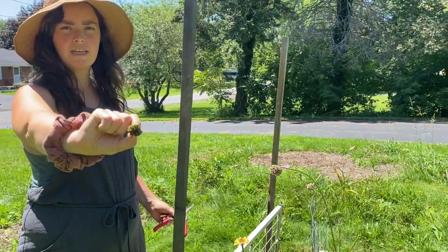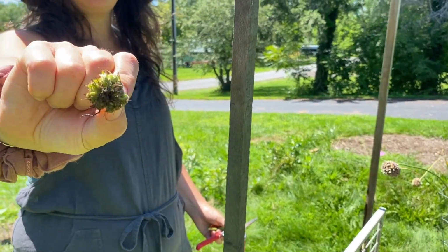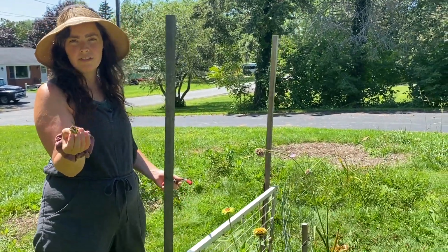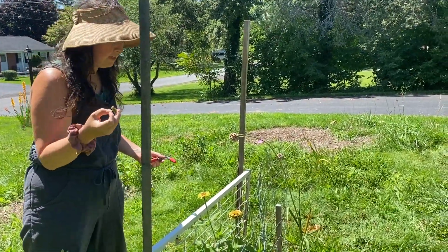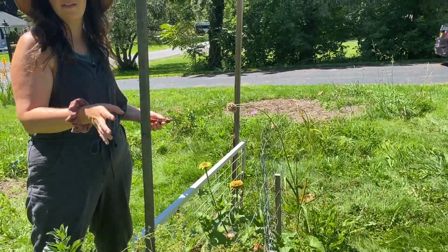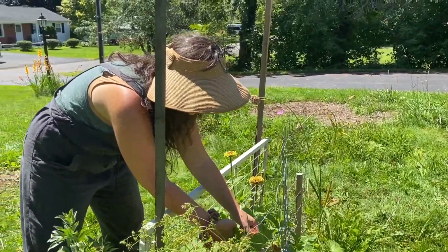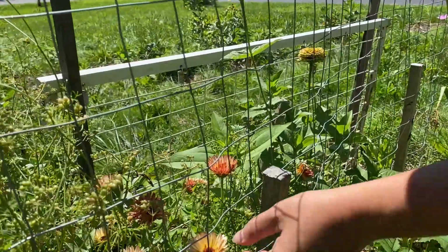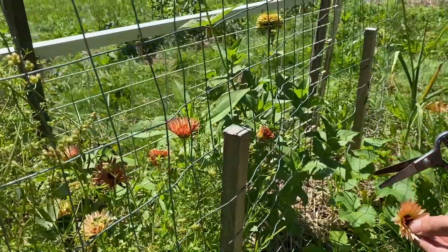And this is only because I haven't cut in a little while. I just cut those off and threw them on the ground. If they grow seeds, they grow seeds. I don't think the seeds are developed enough, but I could be wrong. But I just kind of threw them on the ground so that the plant keeps producing all of the wonderful calendula heads. And sometimes the plant looks pretty bare at the end of this, and by tomorrow I guarantee there